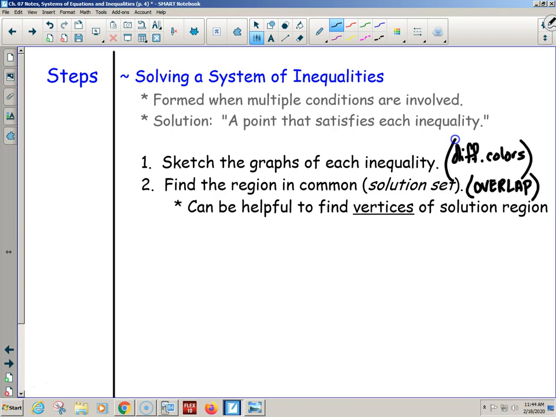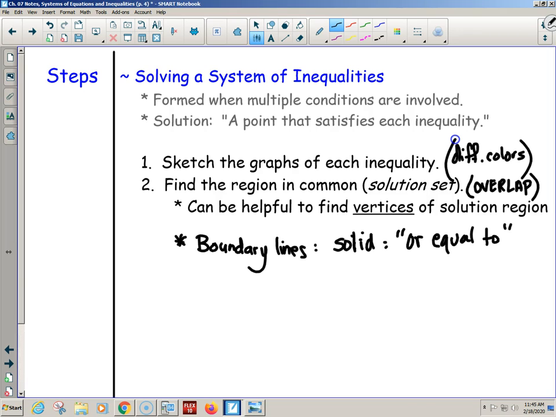The overlapping region. But you also need to know whether to make it solid or dotted. So a quick reminder of the boundary lines. By boundary lines, I just mean the actual graph lines, like the actual parabola, or the actual line, or the actual circle. Boundary lines, remember we have it solid when we have or equal to,